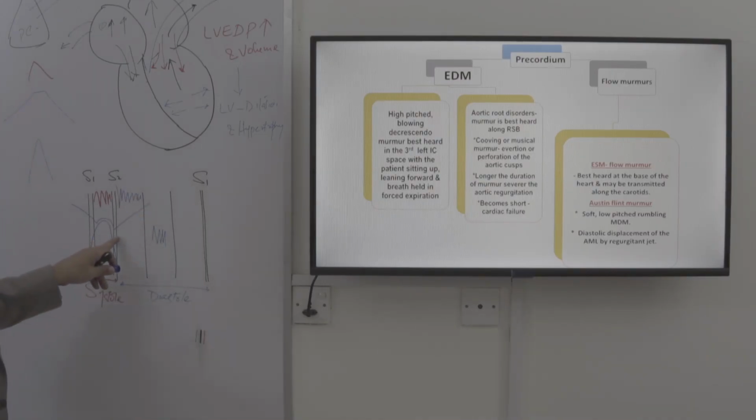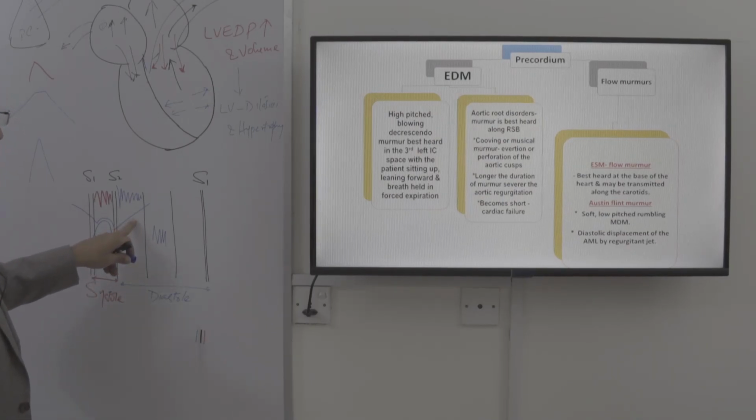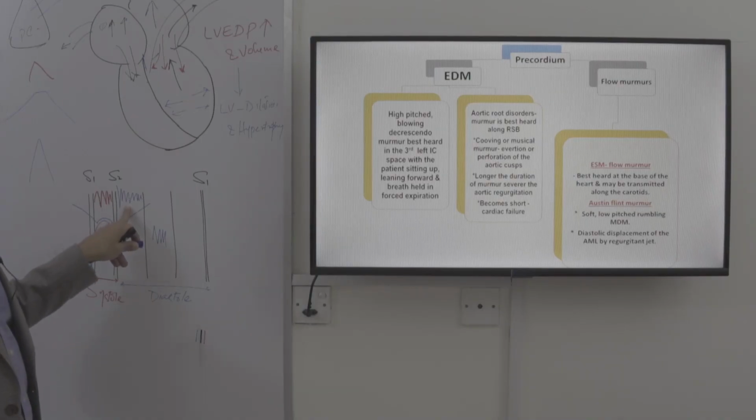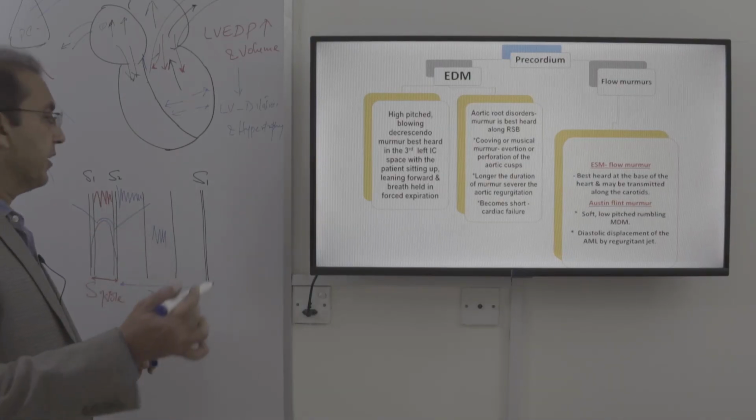You see, at this phase, the left ventricular pressure starts falling, but the aortic pressure is still high. So that results in blood moving from the aorta into the ventricle. So we see the early diastolic murmur in the early phases of diastole because a large amount of blood regurgitates at